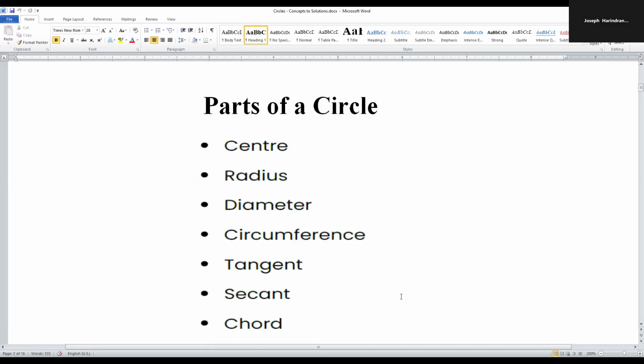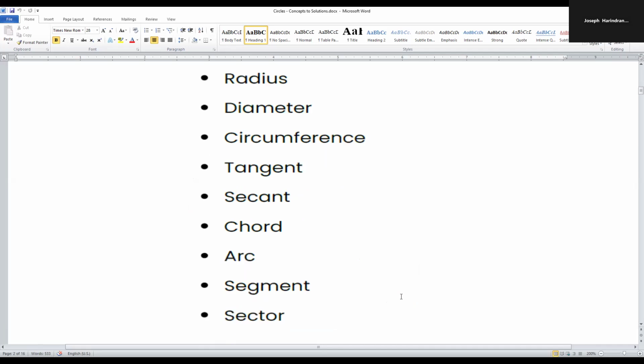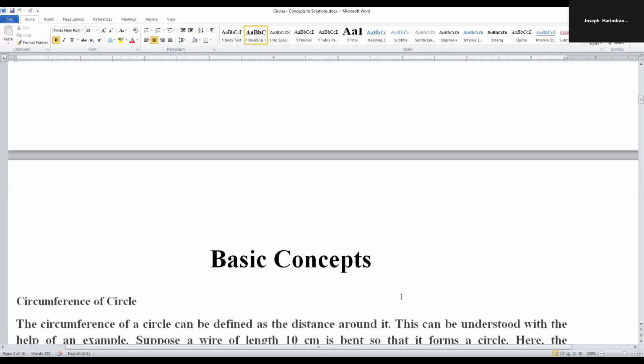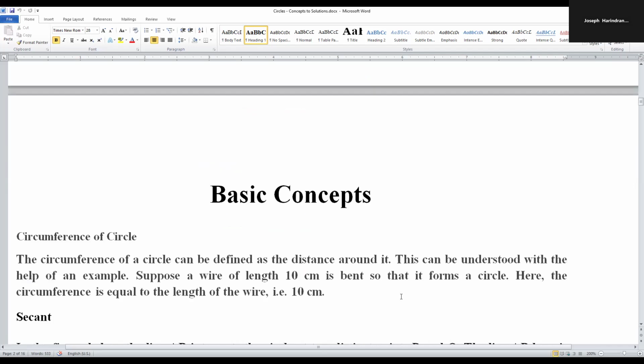And these are the parts of the circle. Parts of a circle we will see one by one: center, radius, diameter, circumference, tangent, secant, chord, arc, segment, and sector. Basic concepts. We are going to define some of the basic